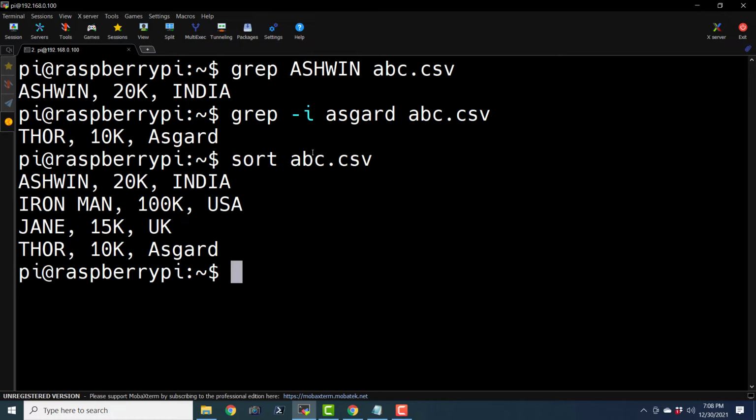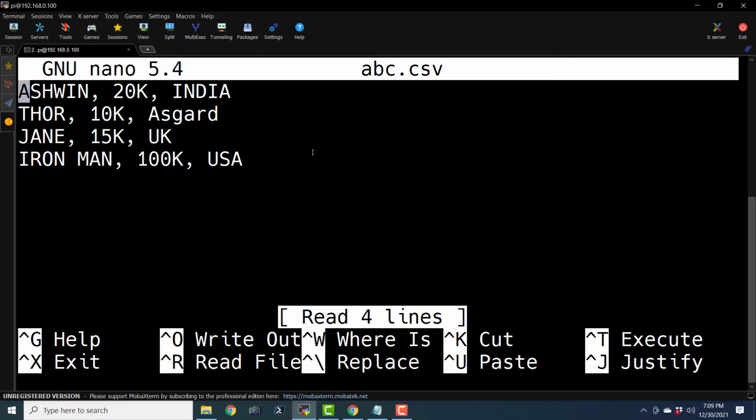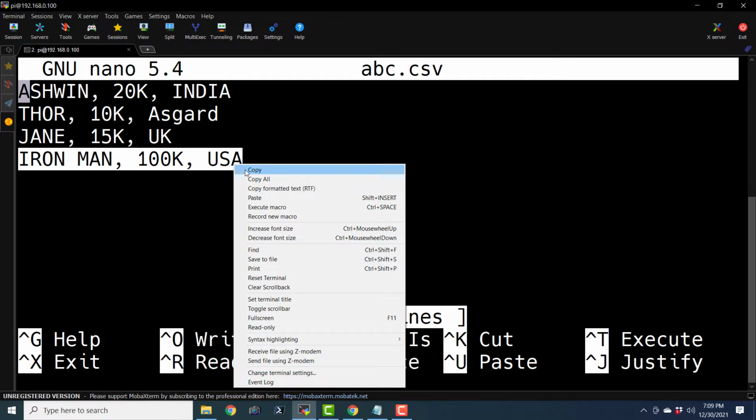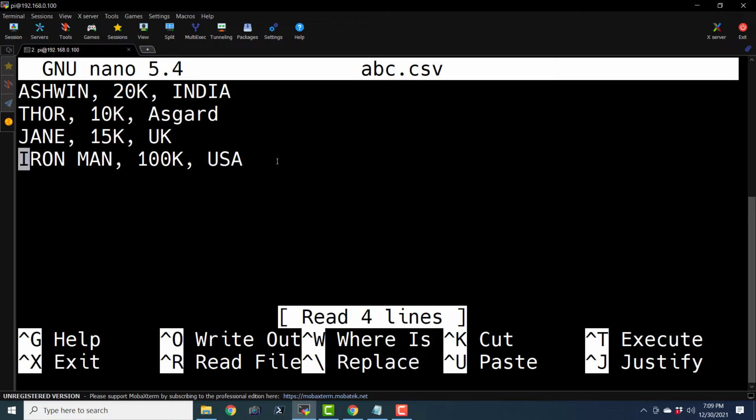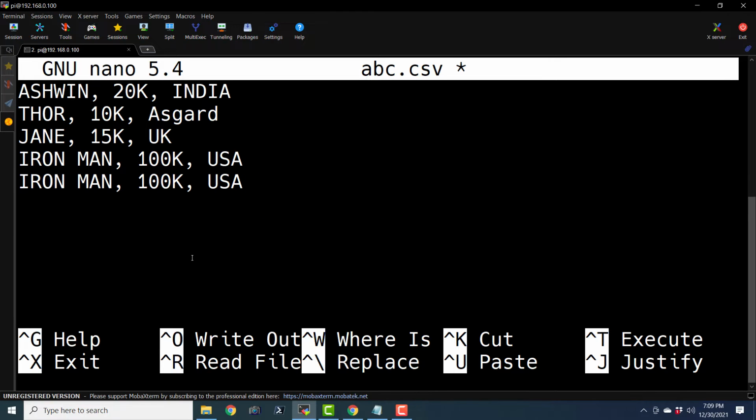We can also check the unique elements in our data. So I will open nano abc.csv and let me copy this Iron Man. Copy. And let me paste it.